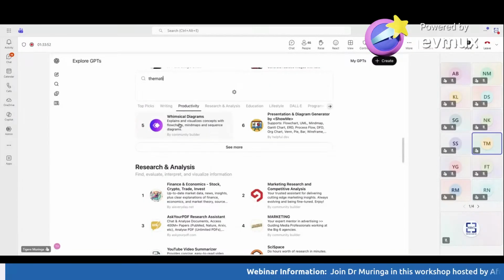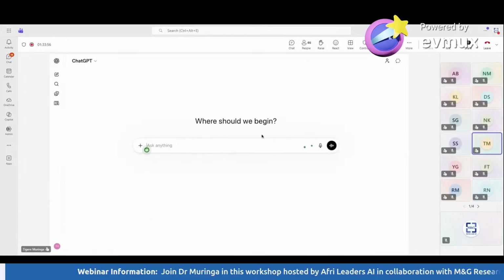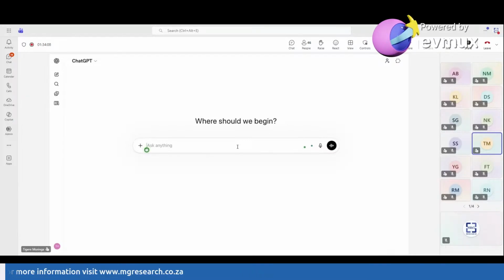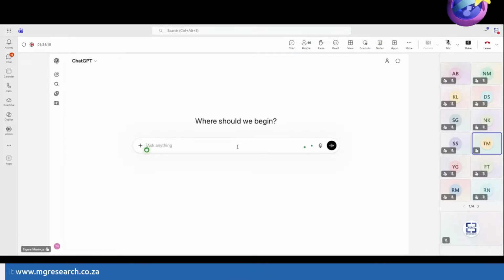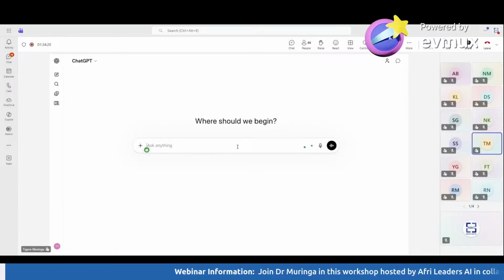But I'm not going to use any of these, right? I'm just going to use the general platform for doing thematic analysis. And what I want to do here, I'm not going to use participants because I don't want to upload my data as yet on ChatGPT, right? Because of the issues of data security, right? So I'm going to do a content analysis, and I'm saying, first things first,